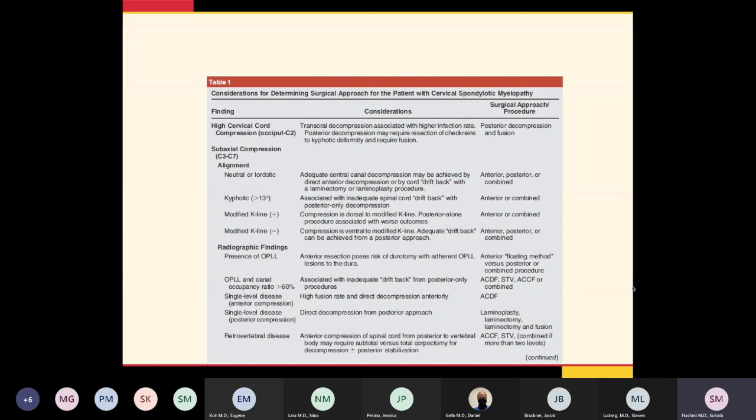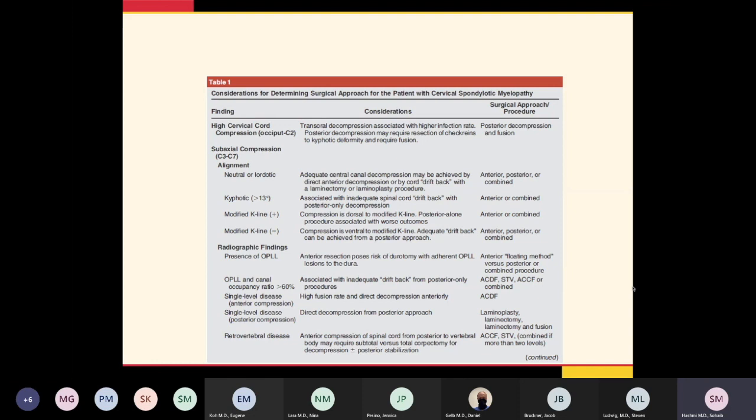However, when the kyphotic deformity in the cervical spine from the bottom of C2 to C7 becomes more than 13 degrees, really we should be worried about the potential for a drift back phenomenon with a posterior-based approach, because even though a laminectomy posteriorly may be decompressive, the cord may not be able to float back over that kyphotic deformity,